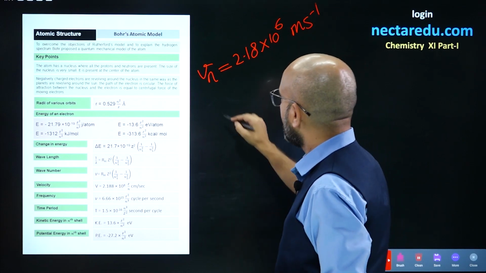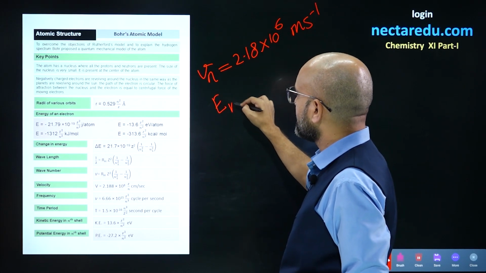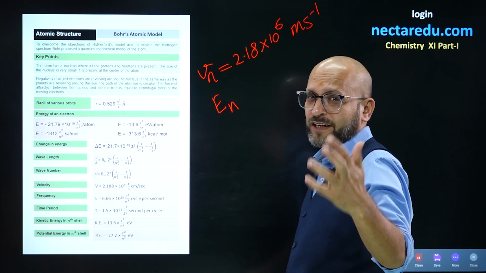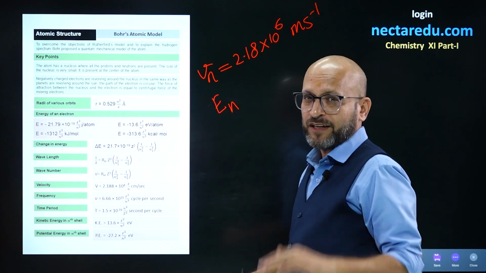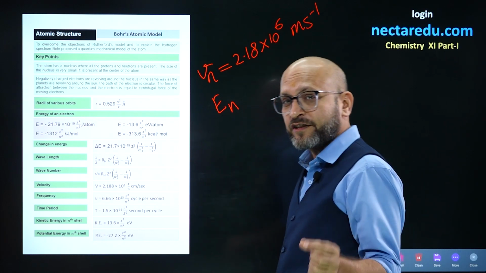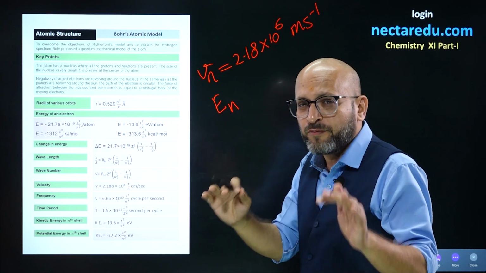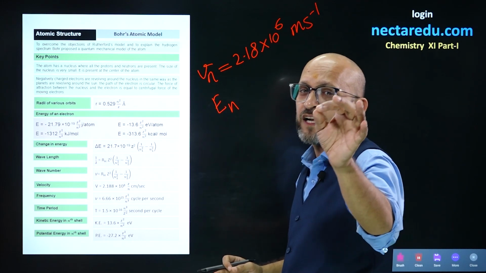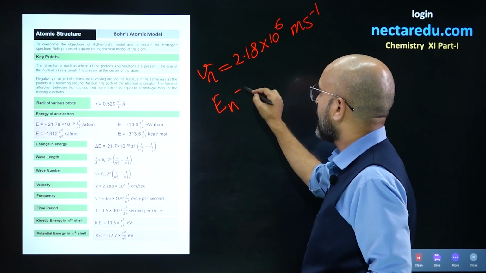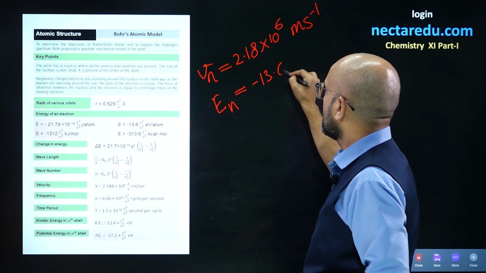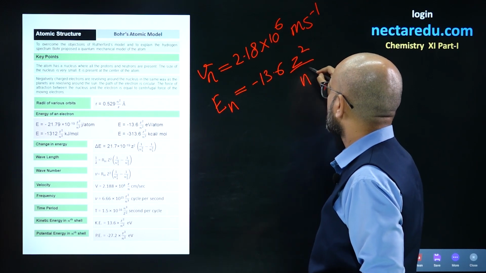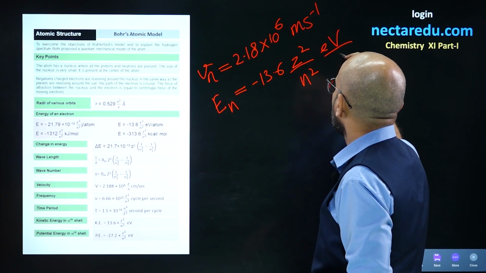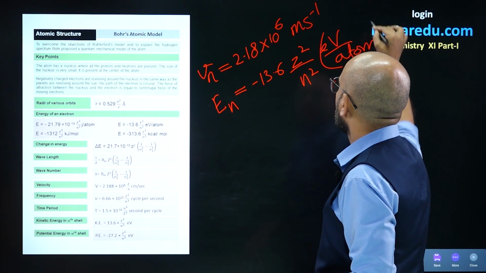Alright. And the next important formula is the energy of the electron in a particular orbit. Let's say in the first orbit you want to calculate the energy of the electron, then you use this formula. In the third orbit, what will be the energy of the electron? You use this formula. For any orbit, from first to infinity, you just use this formula and you get the energy of that particular orbit. So energy has the formula minus 13.6 Z square by n square. And what is the unit for energy here? Electron volt per atom.